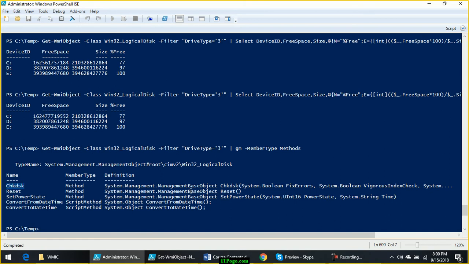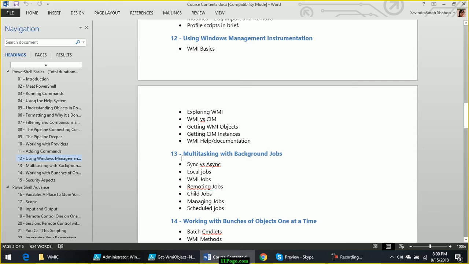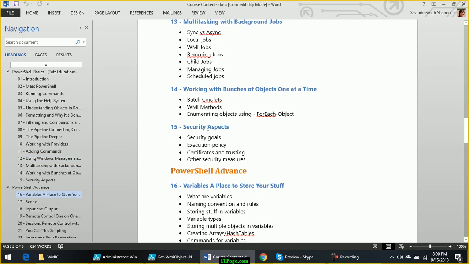Like checking the hard disk, chkdsk, resetting the hard disk, setting the power state. These are the methods which are available for a logical disk. How to invoke these methods, that we will see when we discuss this topic, working with bunch of objects.